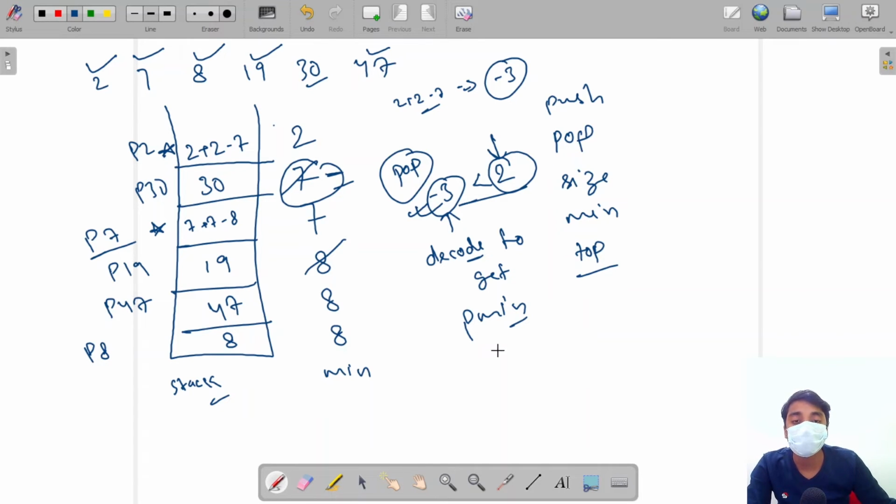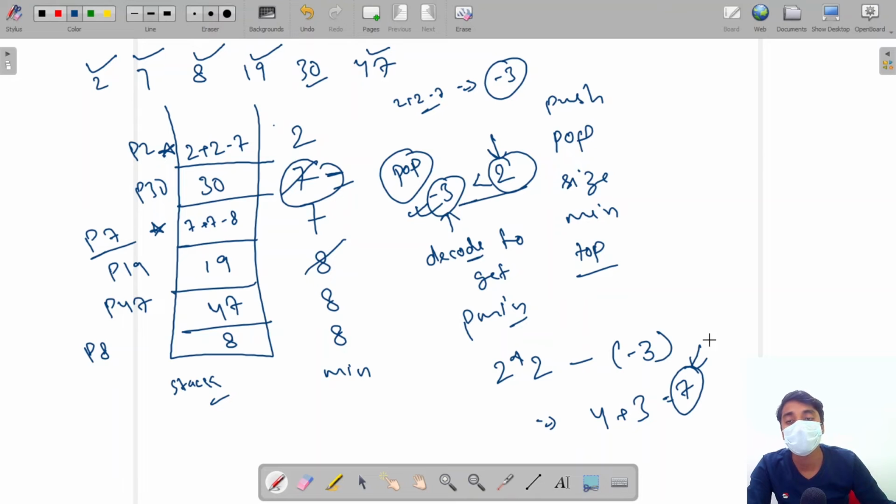If we multiply our minimum element by 2 and minus our encoded element, this will give us 4 plus 3, that is 7. So the previous minimum is 7.